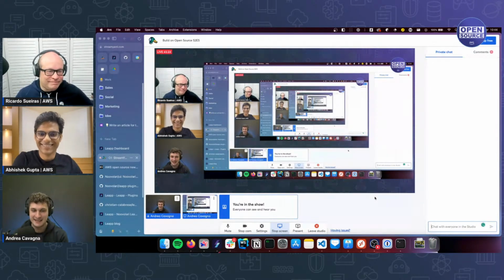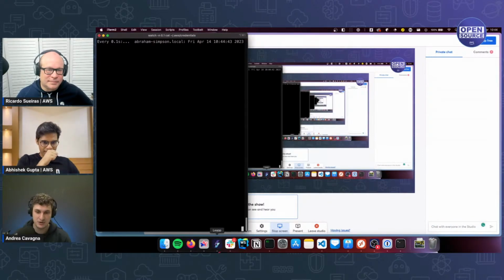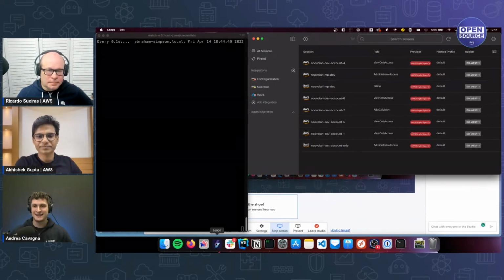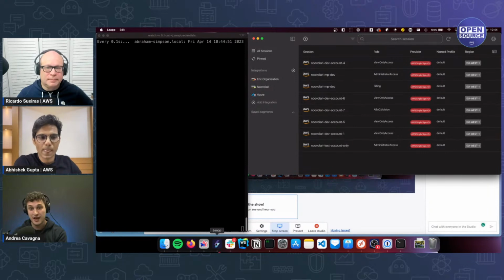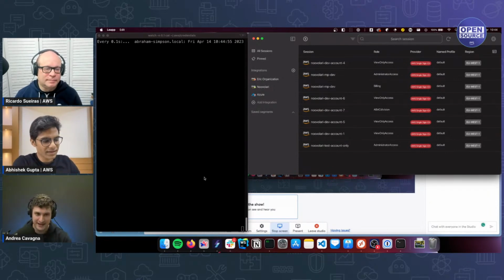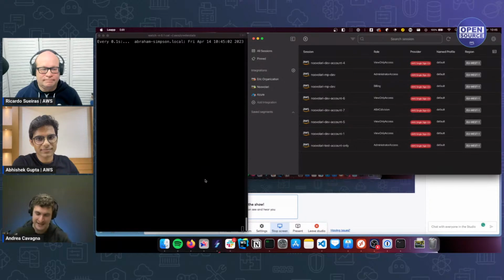Yeah, the idea there is we want an app that brings you the best developer experience possible, so it's fun to use, and on the other side, it automatically gives you the right cloud security posture. So everyone using Leap is using the AWS standard for credentials.